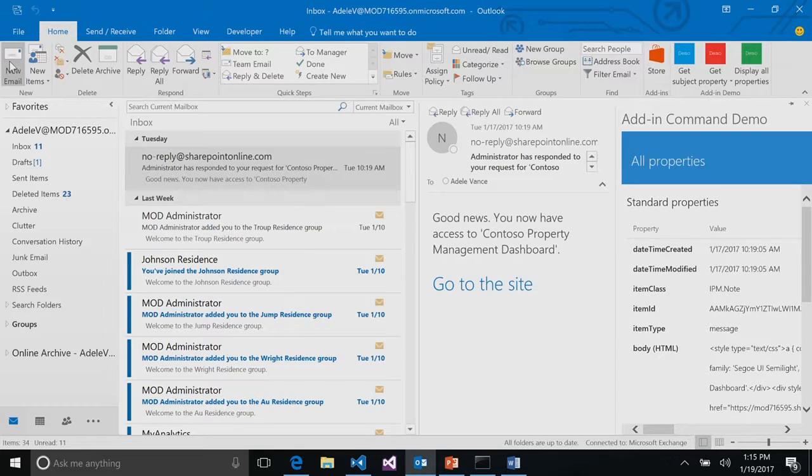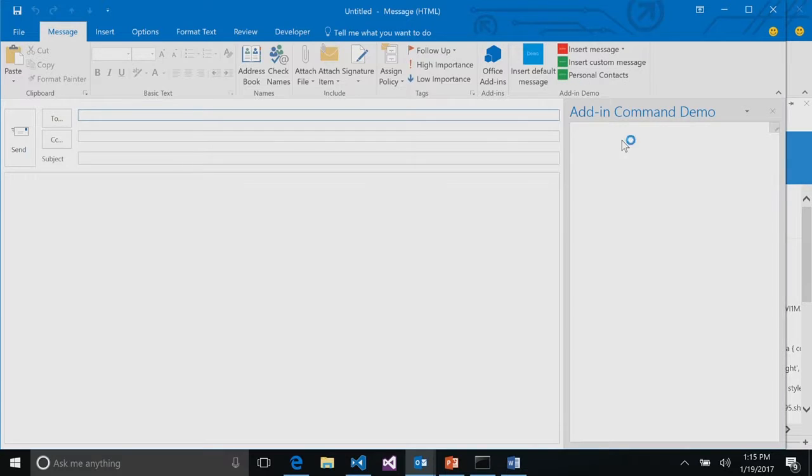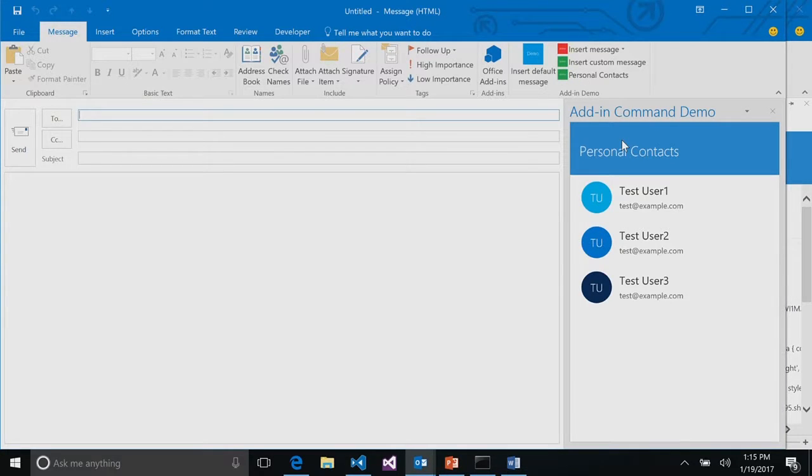All right, so what I've done to this existing sample is I've added a button on the compose message experience, personal contacts. And the idea here is, I don't know about you guys, but sometimes using my corporate email, I need to grab a contact out of my personal Outlook.com account. And I don't want to add my personal account to my work machine.